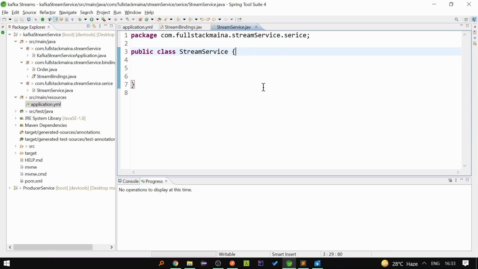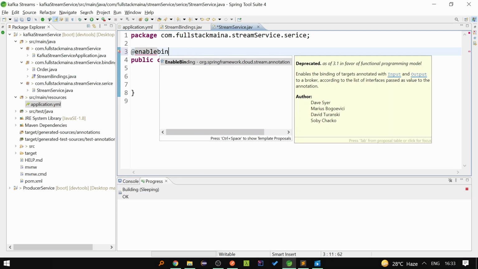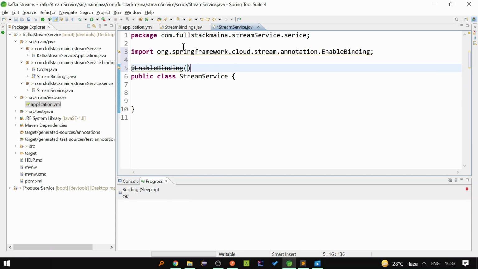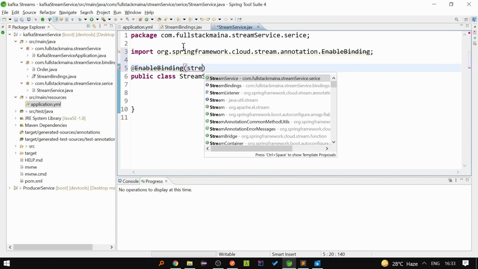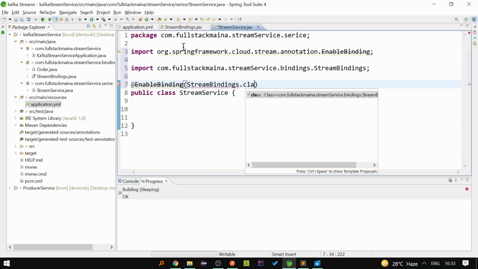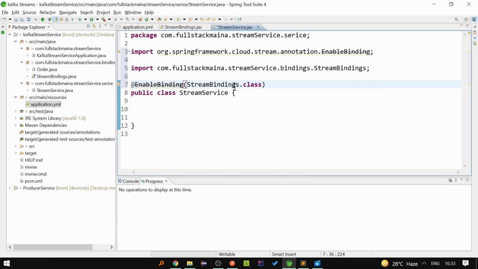Now I have created a StreamService class, and I'll annotate this class with the @EnableBinding annotation. I'll give the binding as StreamBindings.class, where we added all our bindings. Now in this class I'll write one method first.